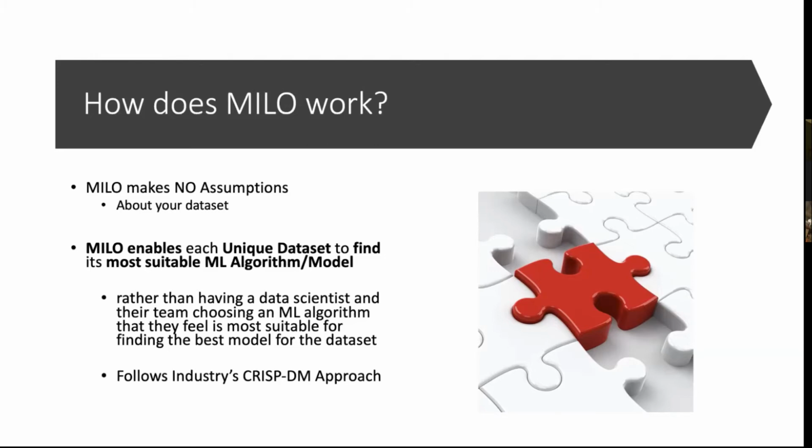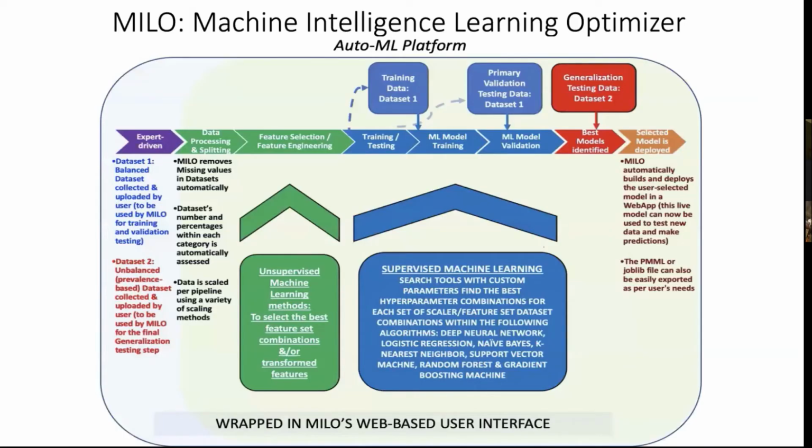So you can't do MILO with just one data set. If you only have one data set, you have to heuristically build two if you want to do MILO. So exactly how does this platform work? This is your typical approach, and this is kind of like the more enhanced version of what I showed you earlier with the CRISP-DM, the study design within machine learning.